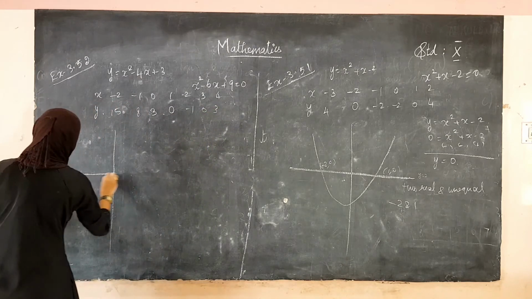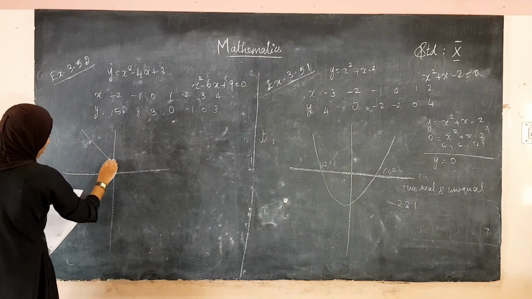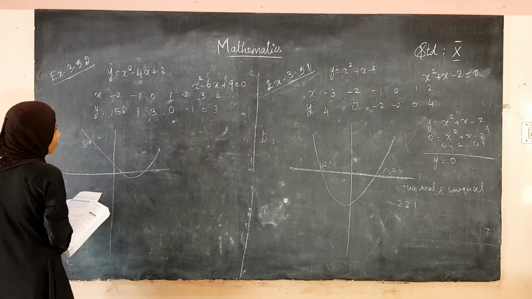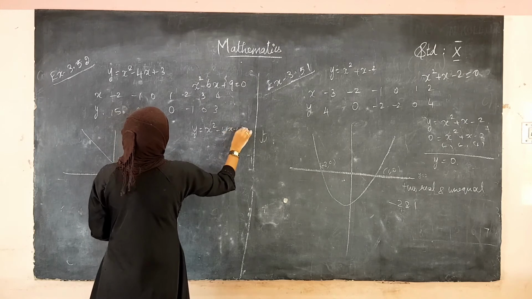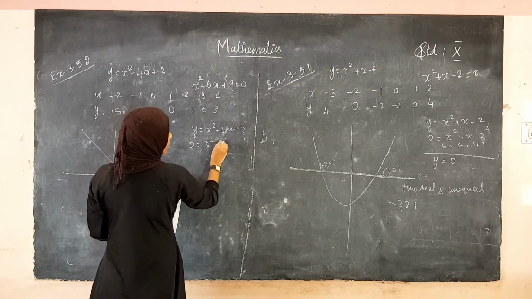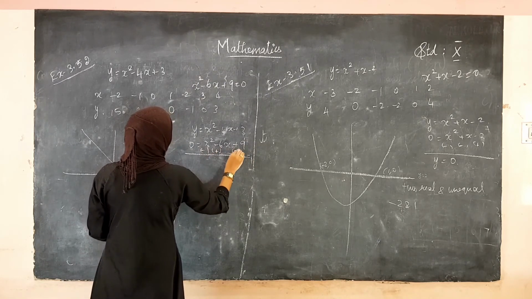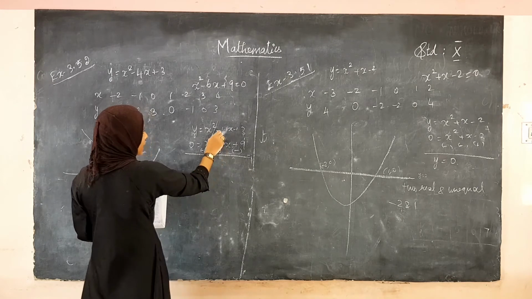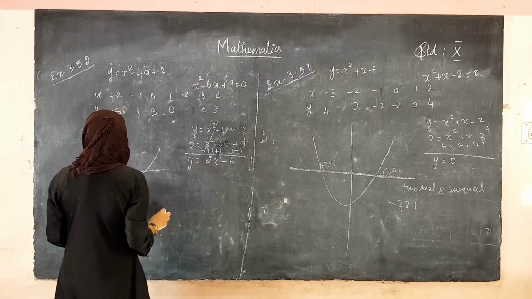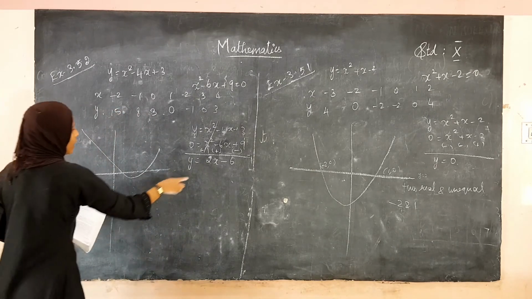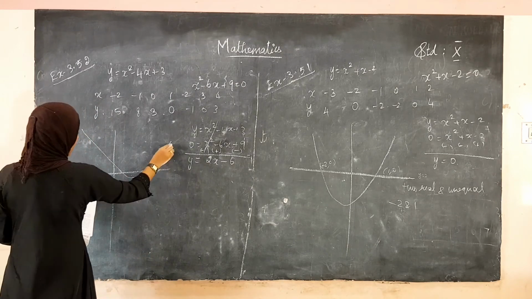When you draw the graph, it will be like this. When you have to solve for these two equations, y is equal to x squared minus 4x plus 3 and 0 is equal to x squared minus 6x plus 9, shall we solve this? Change these signs. What happens? 6x minus 4x is 2x, minus 6. y is equal to 2x minus 6. So, this is the equation of the straight line. This is the straight line they have given.